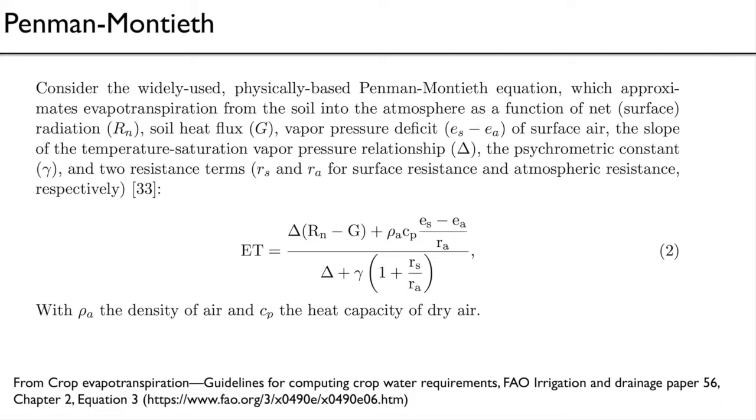Key details to pay attention to here. It's going to include the vapor pressure deficit, which means that you need to know something about water vapor in the atmosphere. So you're factoring in humidity, which is great. It's going to, again, require temperature, but the role of temperature is going to be smaller. You're going to need to know about wind as well, and something about the radiative fluxes. So those are the other important ingredients in the Penman-Monteith equation.